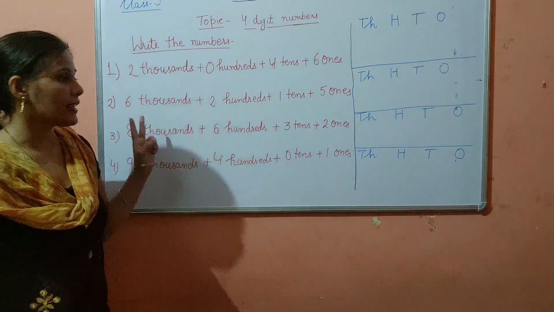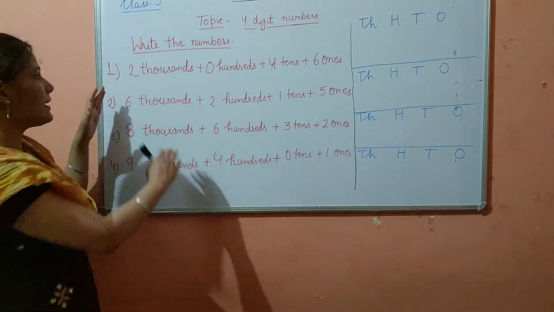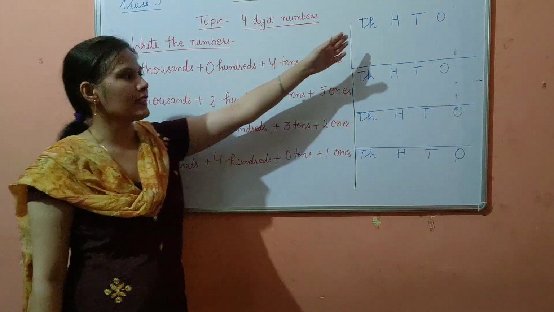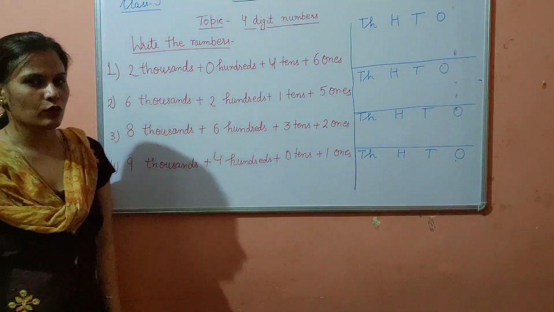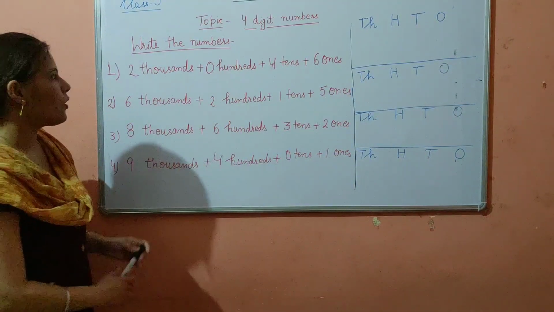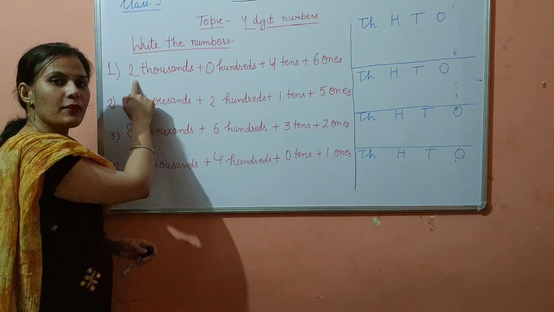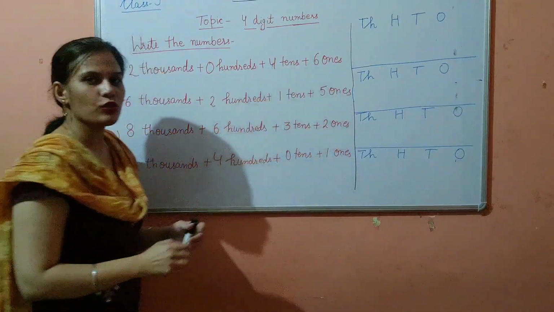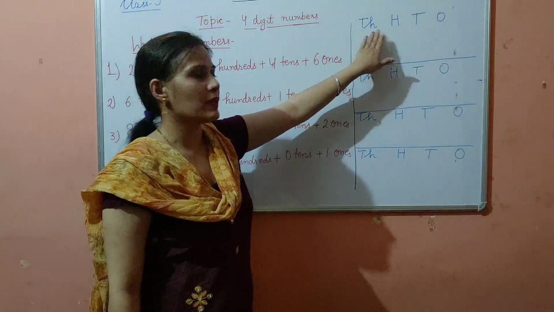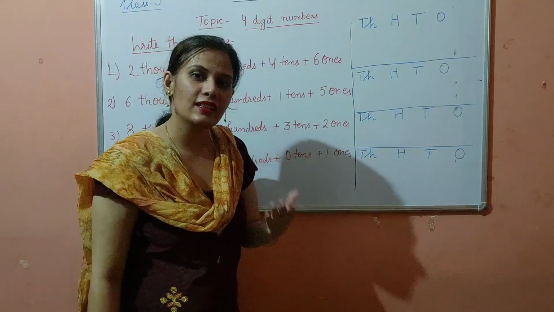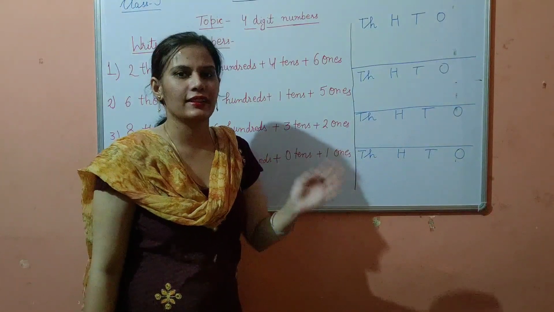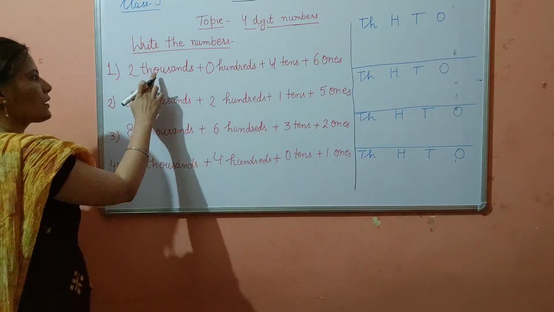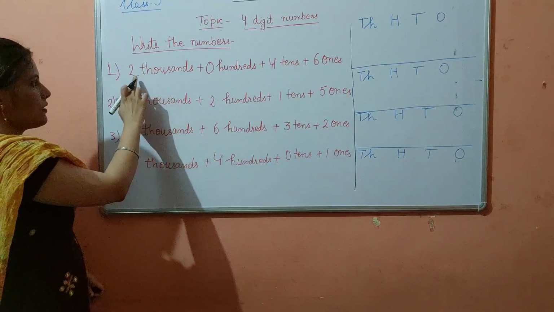Now it is our second way of writing the numbers, when they are given in words, and we write them in the place value chart. So it is the easy way now. How? It has already mentioned the places 1000, 100, tens, ones, and you will write only in this place value chart and can easily read the numbers and write the numbers also. So shall we start? It is the easy way.